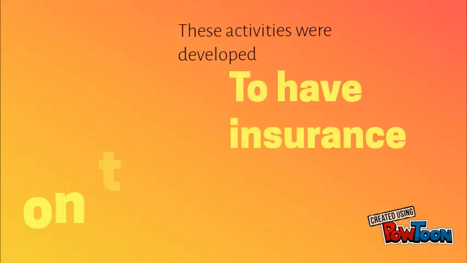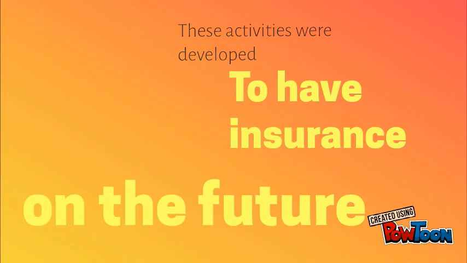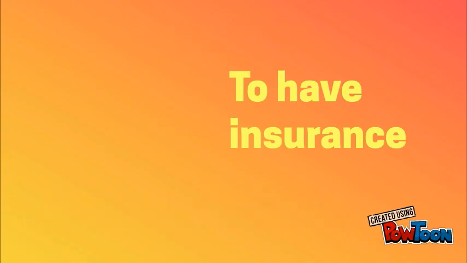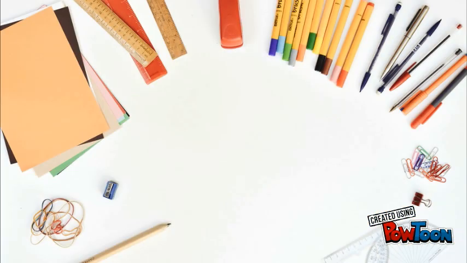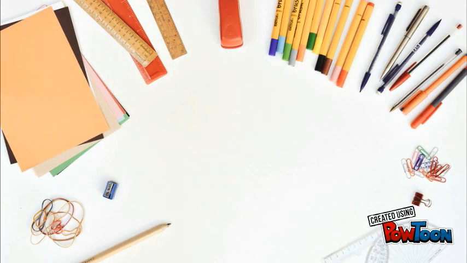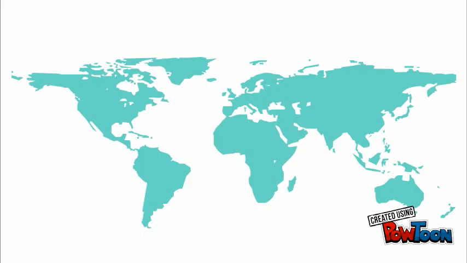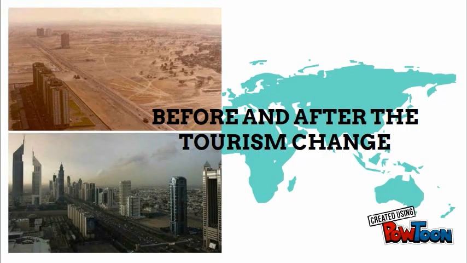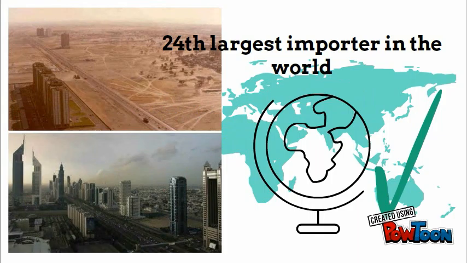The tertiary activities we mentioned before were developed in order to, in the future, not rely solely on exportation. This means the country's growth and development in the business and economic sector depends at a high level on the tertiary sector of industry. For example, the construction of Dubai, the touristic target, explains why transportation products and machines account for almost 50% of the country's imports, which in 2014 the Emirates imported $213 billion, making it the 24th largest importer in the world that year.